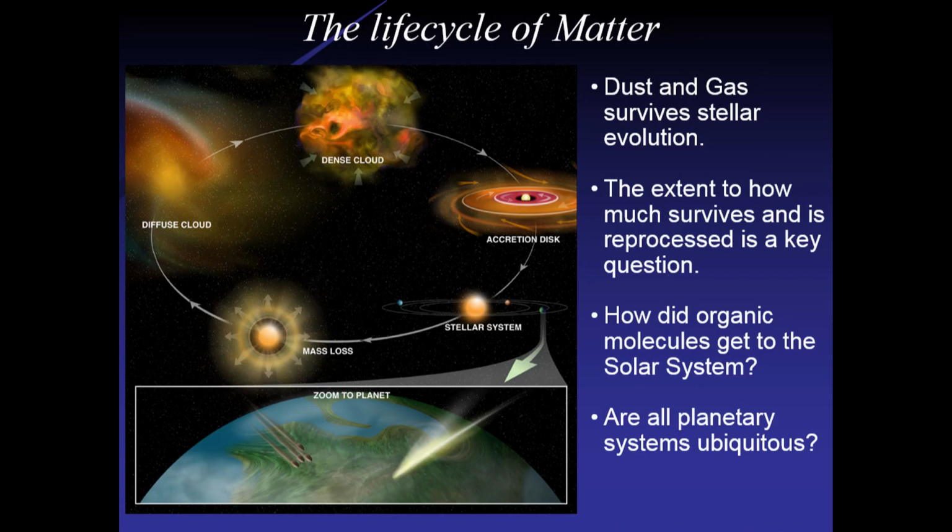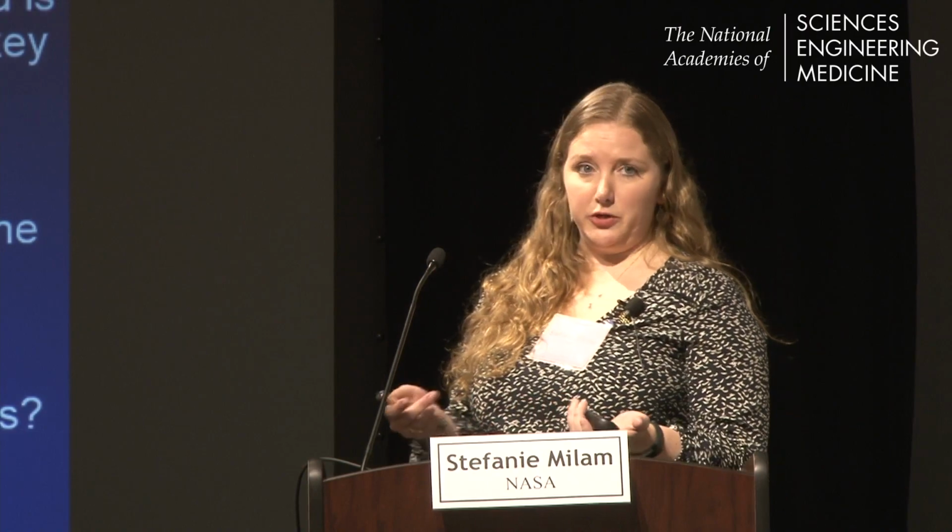But this is where we can actually start studying whether or not this process has any preserved material, recycled matter, and how that may contribute to not only our own solar system, but also other solar systems. So is that chemistry ubiquitous across all star formation, all planetary systems, or is there something special and unique about our